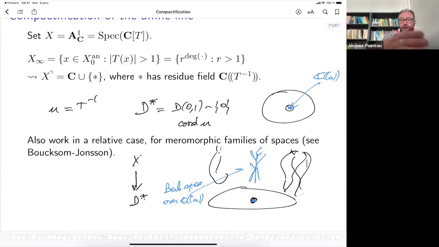Whereas if you do this with this procedure, the fact that you have a bigger residue field, with some additional non-Archimedean variable, tells you that the limiting fiber records a lot of the asymptotic behavior. Dimension-wise it's really the same, but you can also do a relative thing of dimension one, and this is where things become more interesting, I would say.